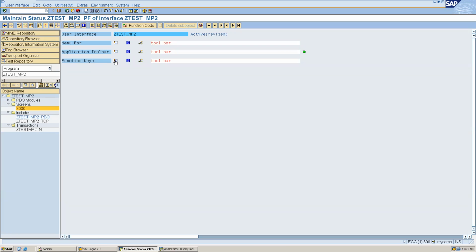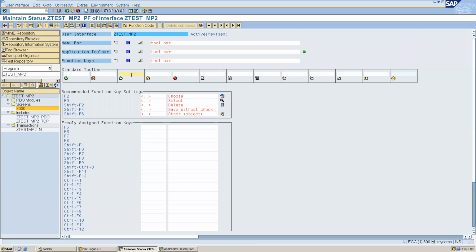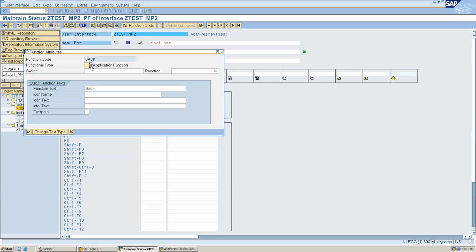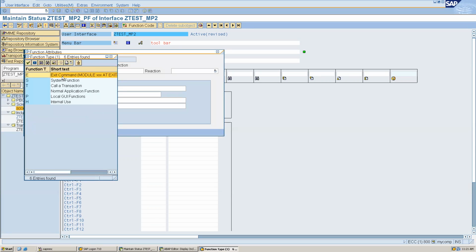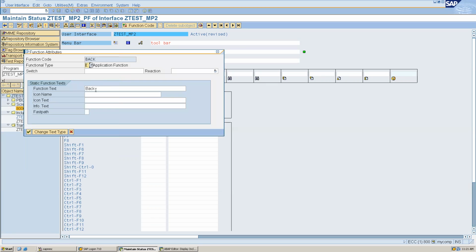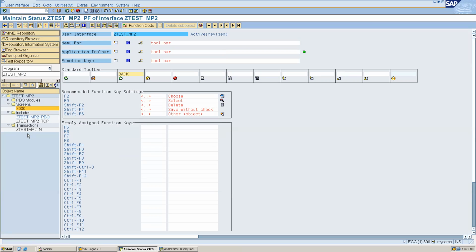And here, for the function key, I can assign this button as a back, for example. I can give any name again. And when I double click here, I can make this an exit command. We have discussed the exit command in the last class, but we will see it again. So when I save it and activate it,